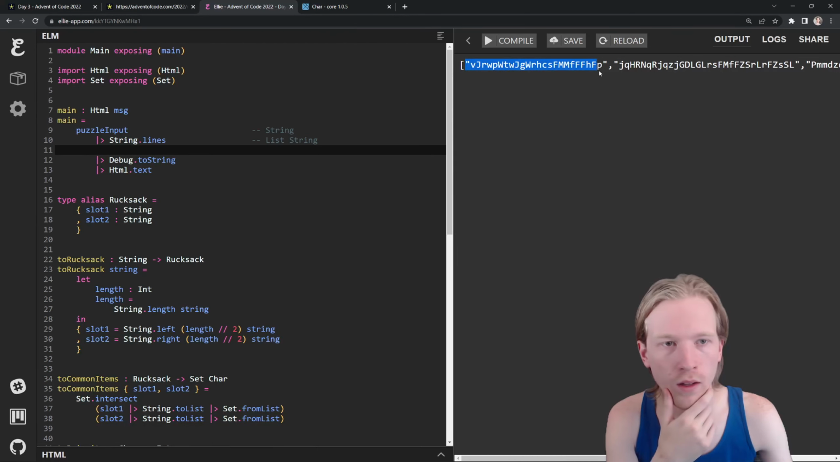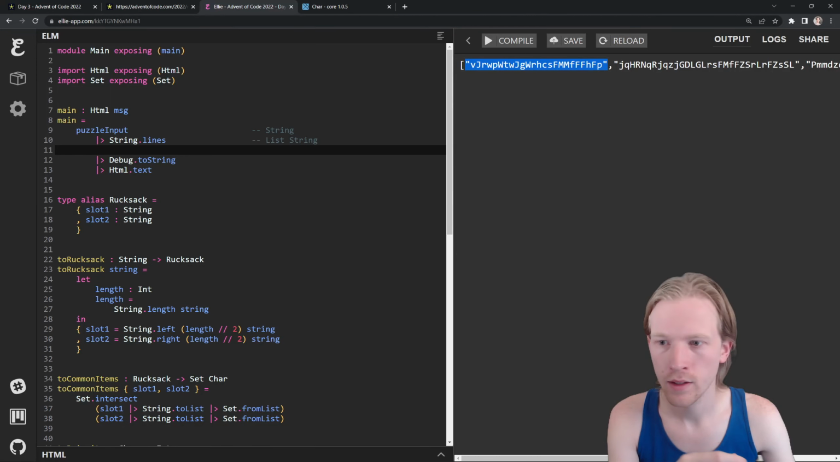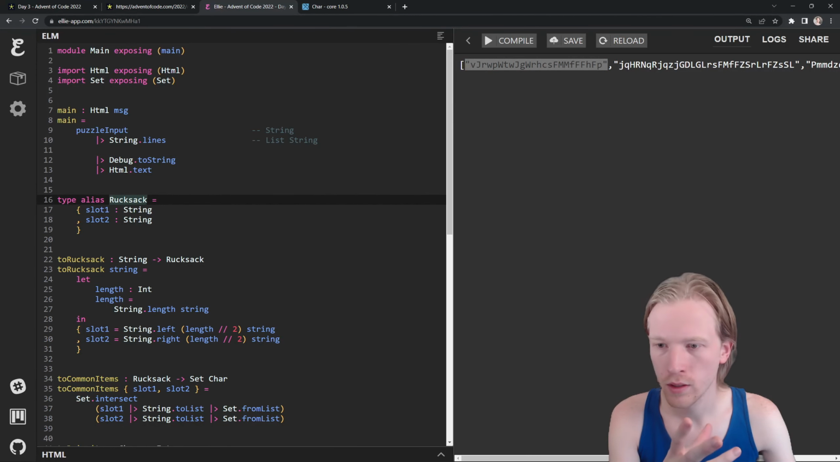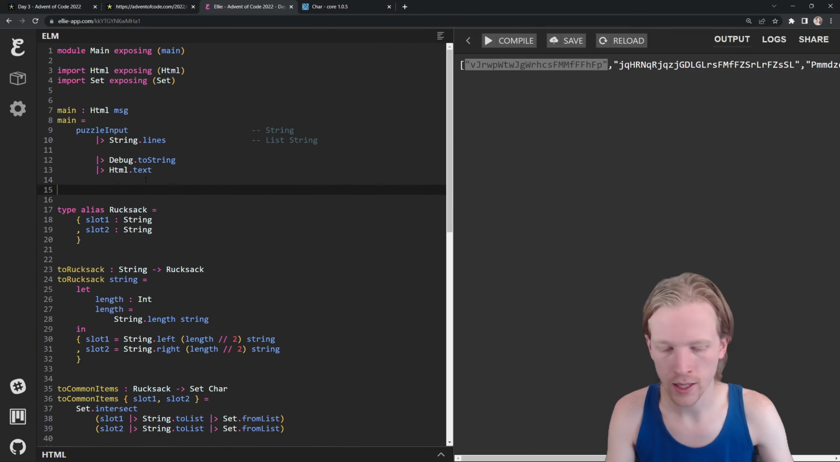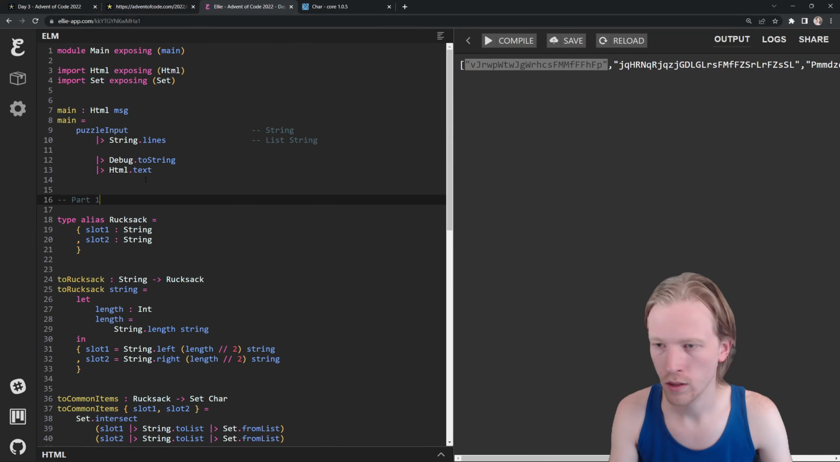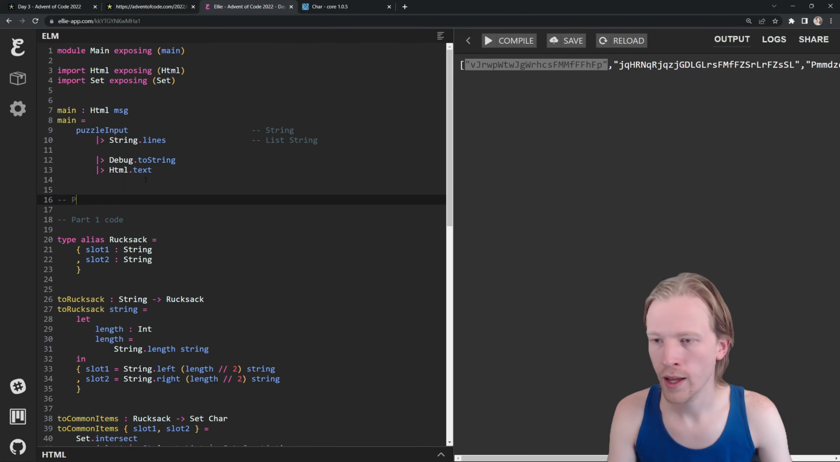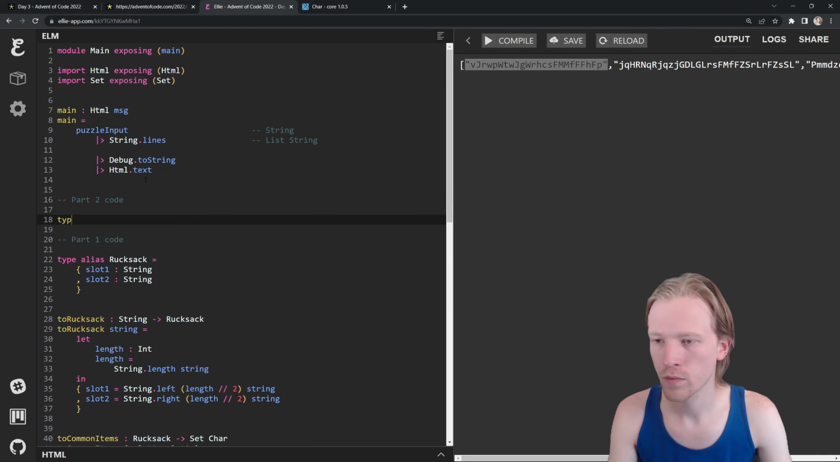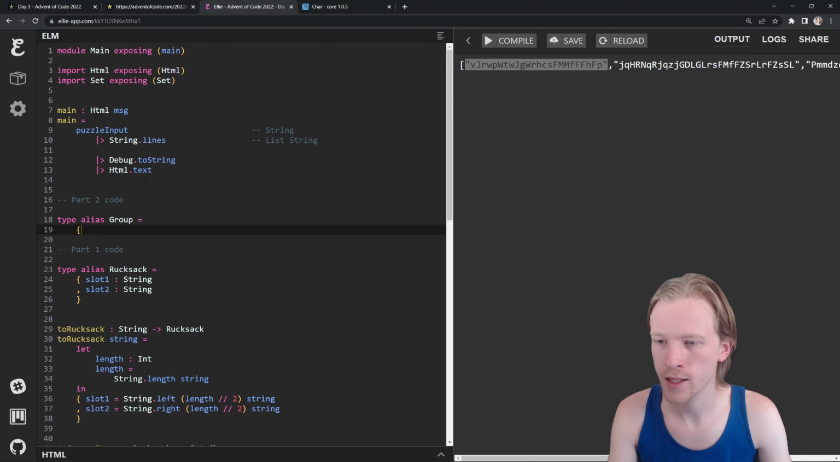Cool. So this is a list of strings. But what I want to do is I want every 3 items to be grouped together into one group. So rather than having this rucksack stuff, this is part 1 code. We're going to have some part 2 code that we need to do. So a group has a